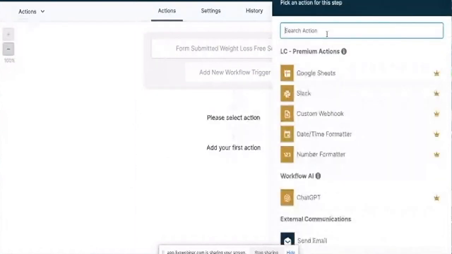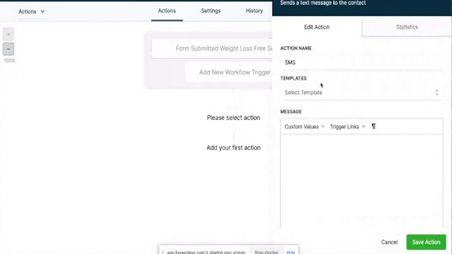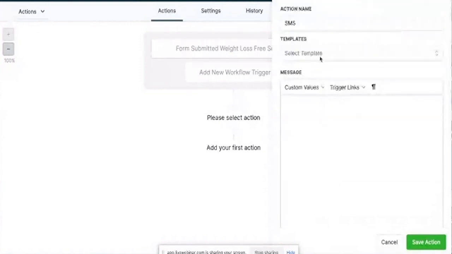And we are going to send SMS like this. So we're going to send a text message acknowledging the fact that we received the form. So bear in mind, they submitted this form, they entered in their first name, their last name, their email address, their phone number, what obstacles they're facing, so they actually gave you enough information for you to go,